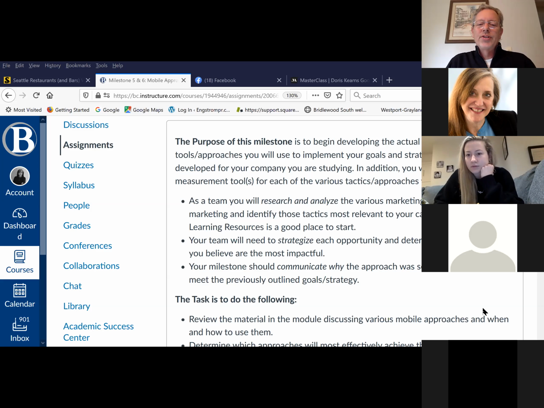What were you going to say, Cheryl? I was going to say the most I would want to see, and this is something you might want to consider, is a pie chart with percentages on how dollars would be spent. So it's easy for you to say, 20% is going to go into this form, 10% into geo, this much will go into updating the website for mobile work, this much is SEO. Just give me a pie chart. I think that would give us your priorities, some kind of visual to convey what gets more attention. Gotcha. And don't worry about actual dollars in there right now. We haven't asked you to do that.